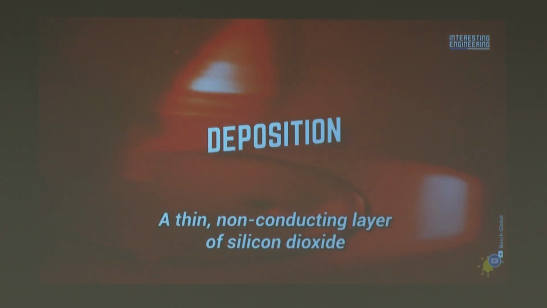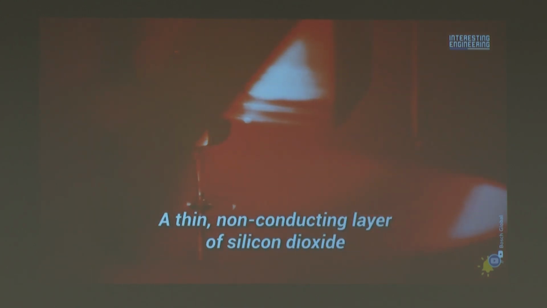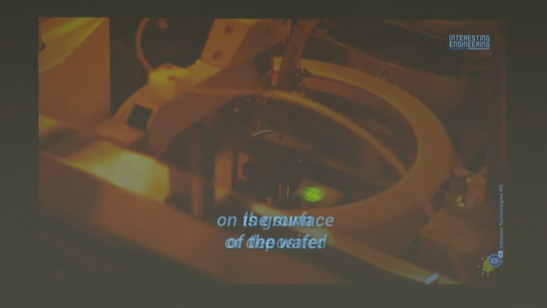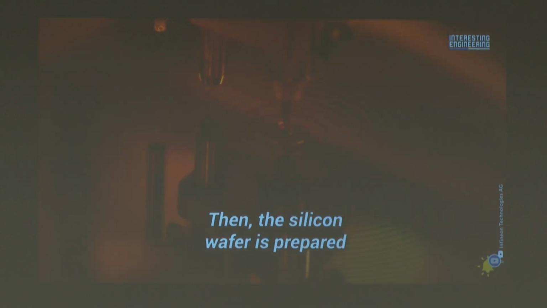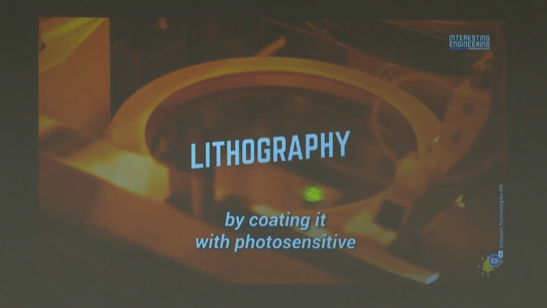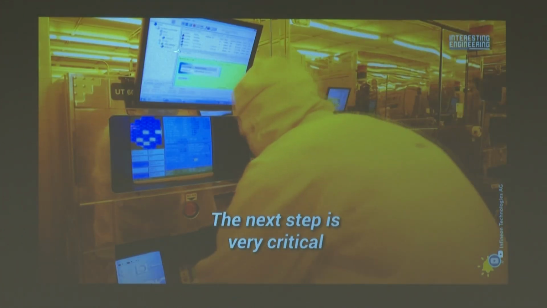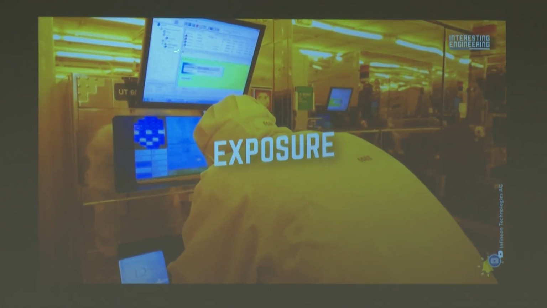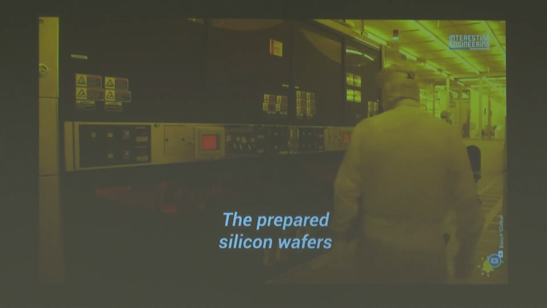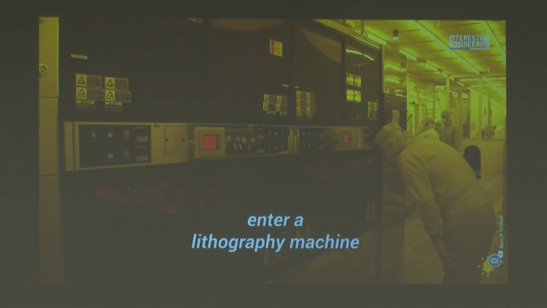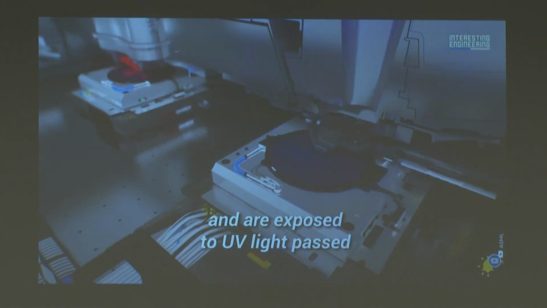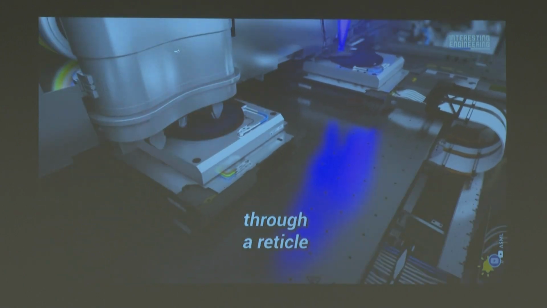A thin, non-conducting layer of silicon dioxide is grown or deposited on the surface of the wafer. Then the silicon wafer is prepared for lithography by coating it with photosensitive and light-resistant materials. The next step is very critical: exposure. The prepared silicon wafers enter a lithography machine and are exposed to UV light passed through a reticle containing the